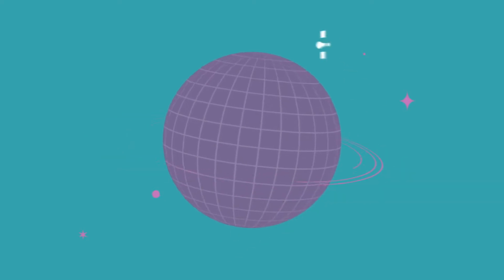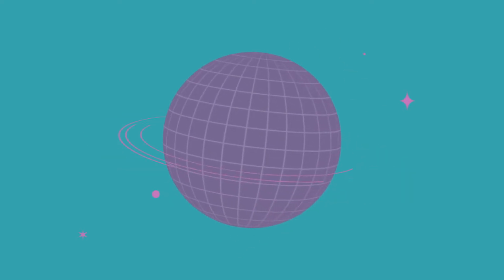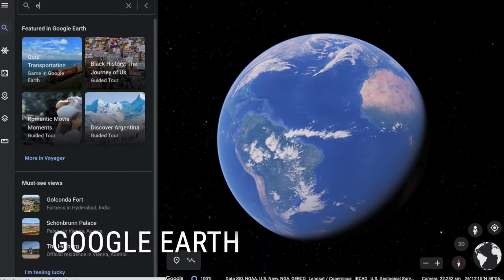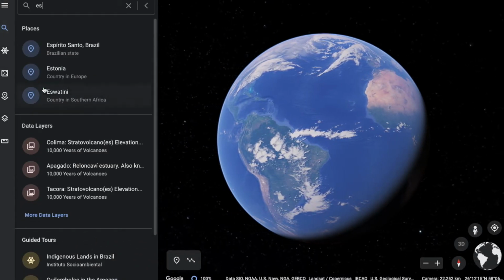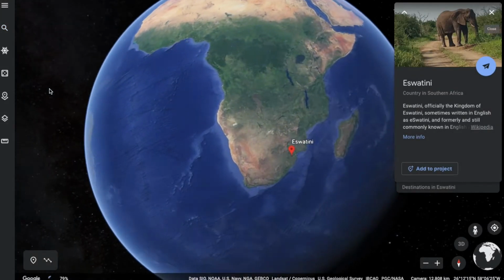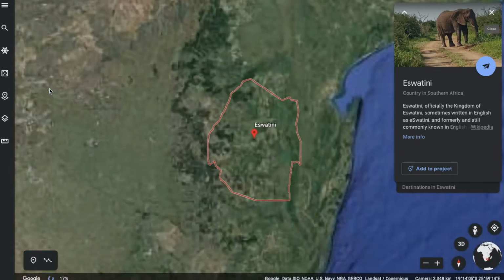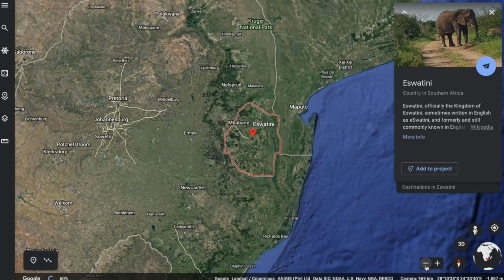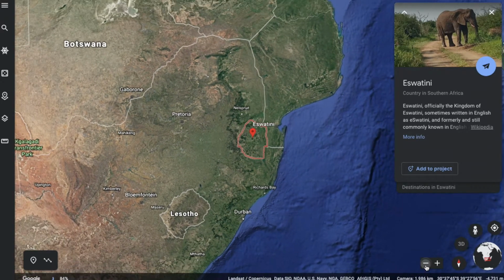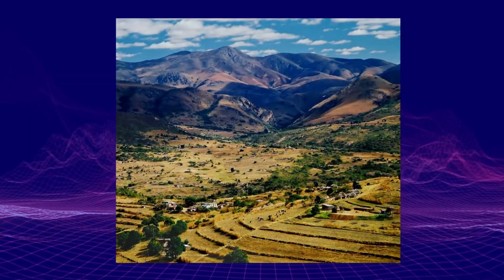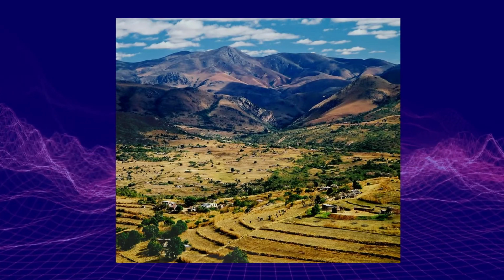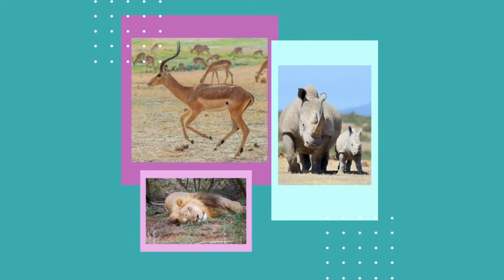So first things first, where is Eswatini? It's a small landlocked country bordering South Africa on 3 sides and Mozambique on the east. It's only around 30 miles from the coast in its northeast corner. The climate is tropical to temperate across the country, dependent on altitude. The seasons are the opposite of those in the Northern Hemisphere. The landscape is made up of mountains and hills with some low-lying plains with wildlife in abundance, including lions, elephants,